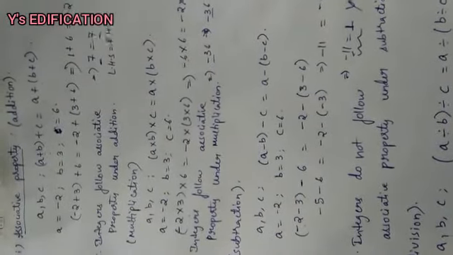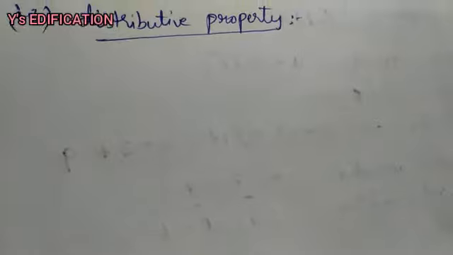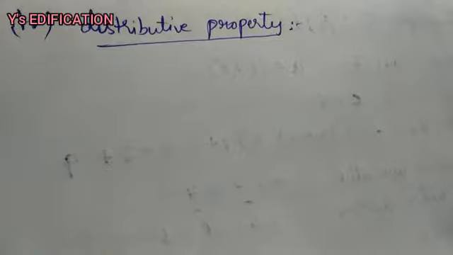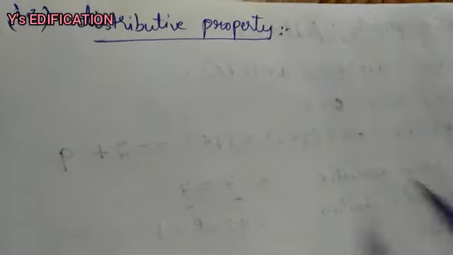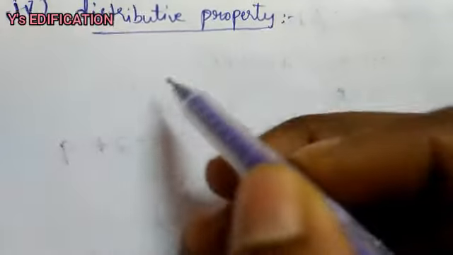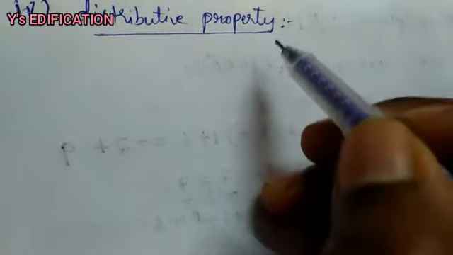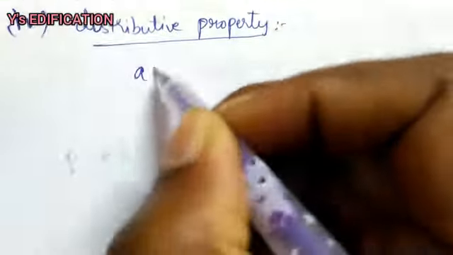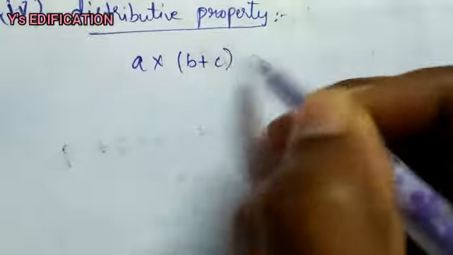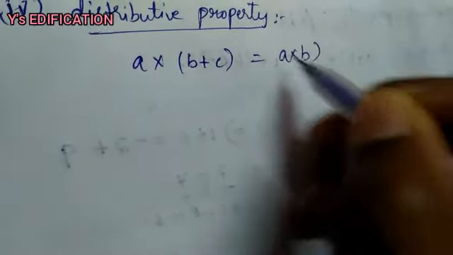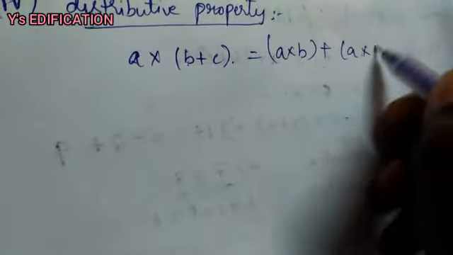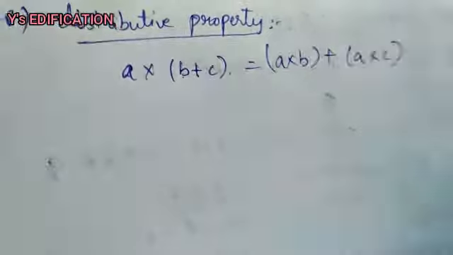Okay, and the next property we are going to see is the distributive property. Coming to the distributive property, we don't have different segregations like addition, subtraction, multiplication and division. Here we can see the distributive property along with multiplication and addition both in one application. That means A into (B plus C) is equal to, we have to distribute this, A into B plus A into C. So here we can see the multiplication as well as the addition.